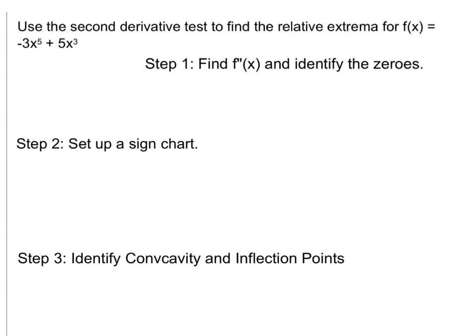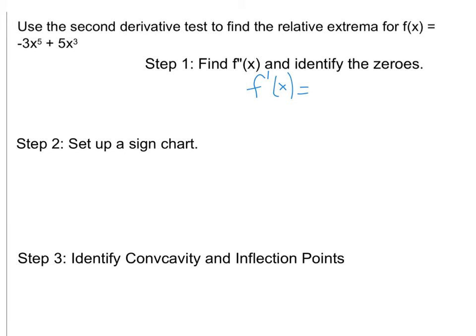Okay, so here's another example. It says use the second derivative test to find the relative extrema for f of x equals negative 3x to the fifth plus 5x to the third. All right, so find the second derivative. In order to find the second derivative, you have to find the first derivative. So I'm going to find the first derivative,